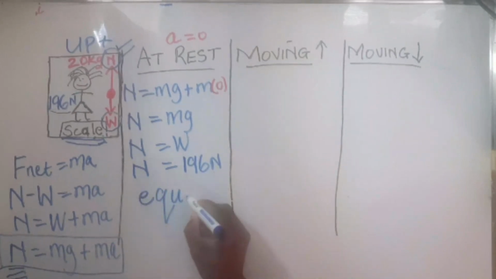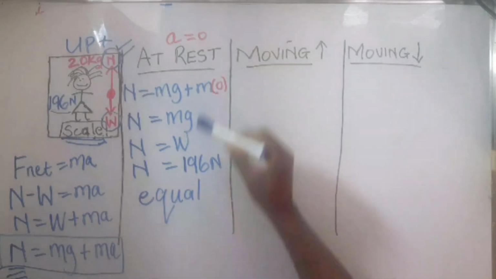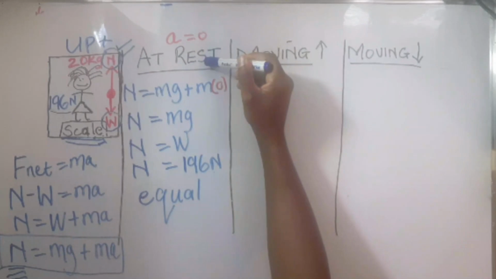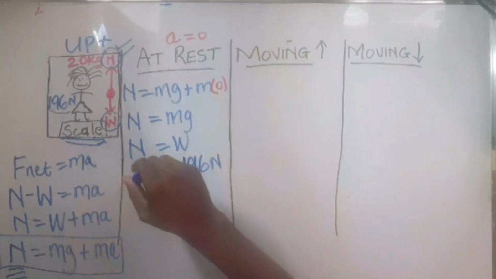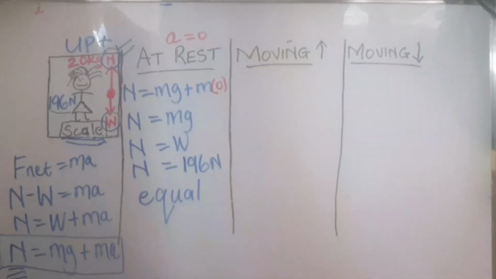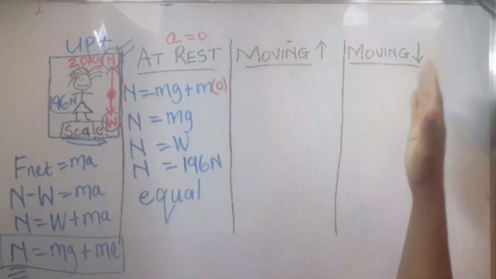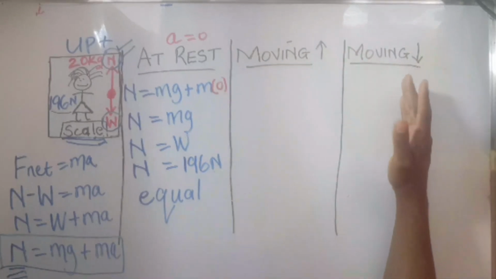So in a situation where the lift is at rest, the normal force, which is a reading of a scale, will be equal to the weight. That is example number 1. Now, before we move to when the lift is accelerating upward or accelerating downward,